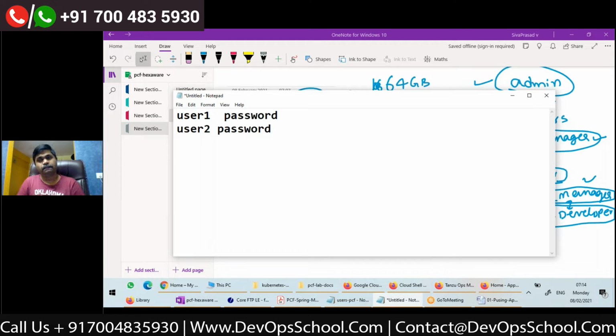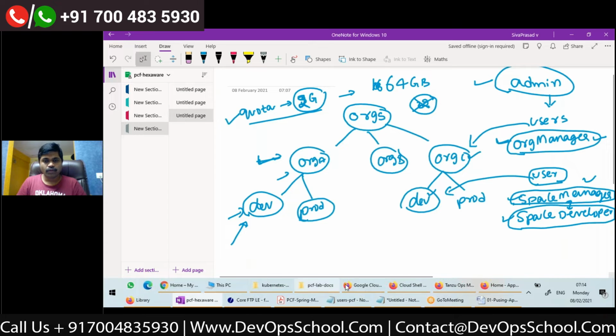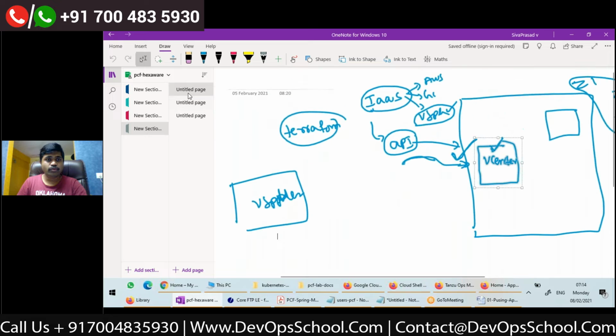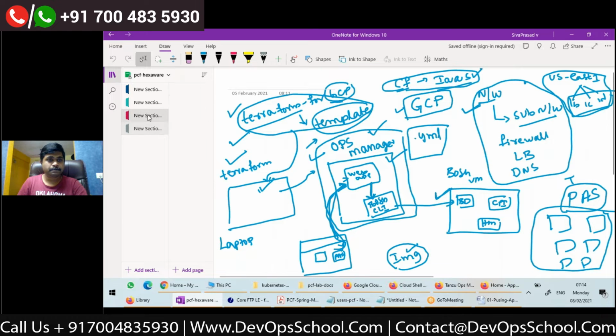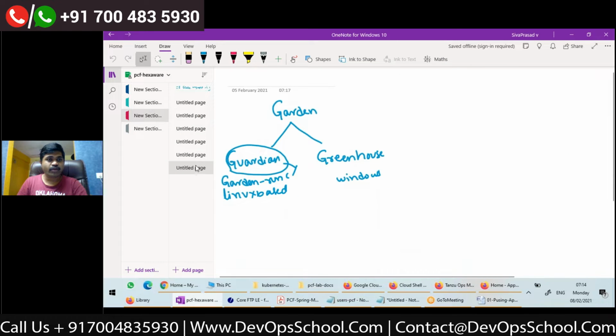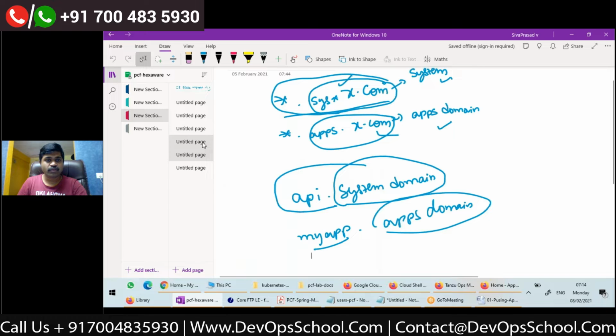Now, how to actually log in to Cloud Foundry? Very simple. Actually, I have done my installation, as I told you in our Cloud Foundry installation. One minute, I'll show you.